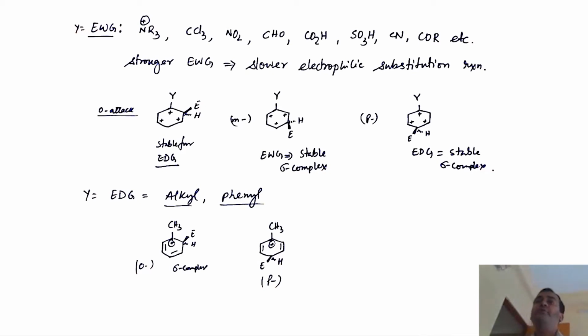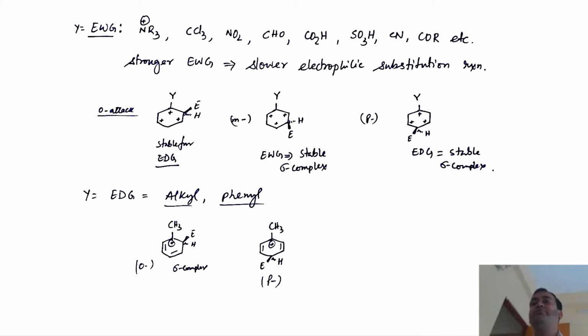Now the first category is done. The second category is the electron donating group, which donates electrons either by plus I effect or by plus R effect. So alkyl has a plus I effect. Phenyl has a plus R effect. I know you might have a question about phenyl. We'll see that one. First let's take the alkyl group, let's say CH3. It is very straightforward and simple.